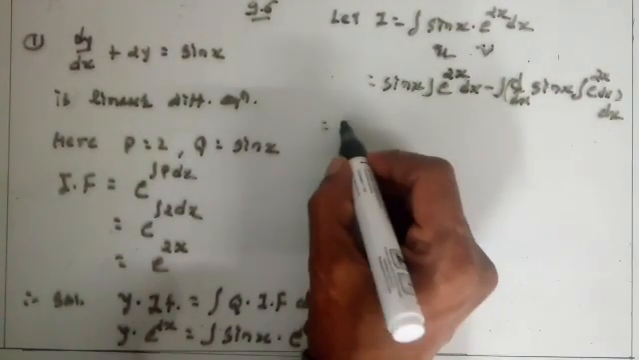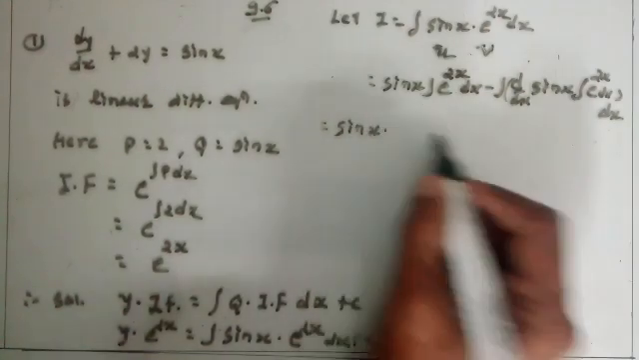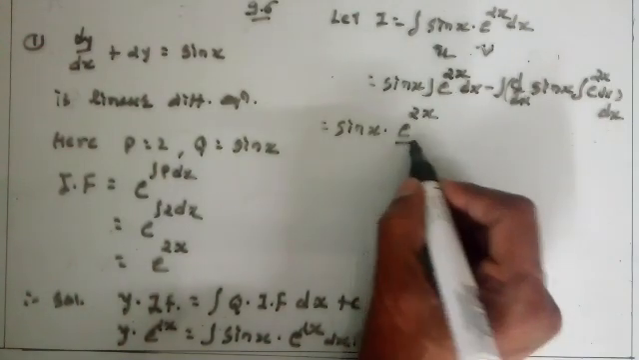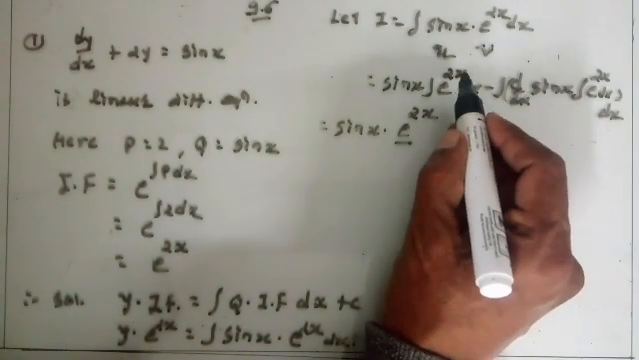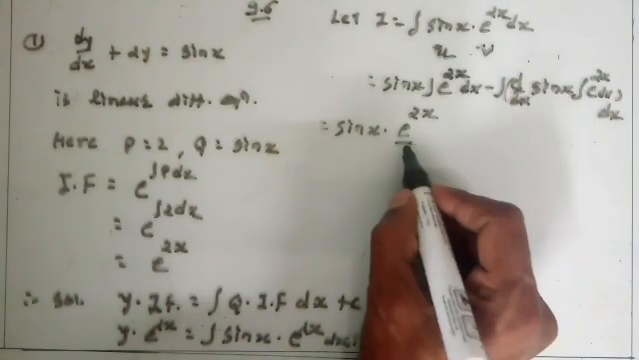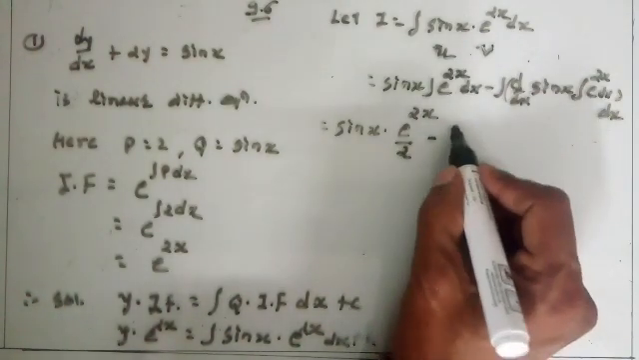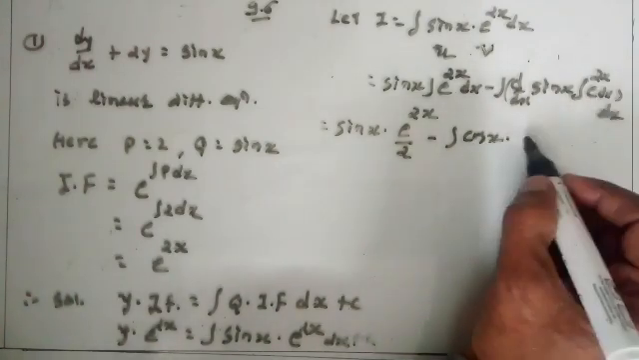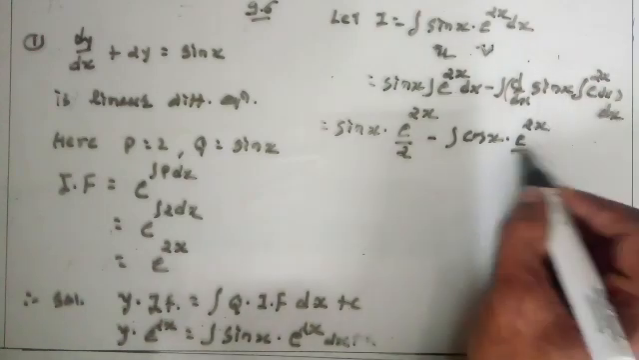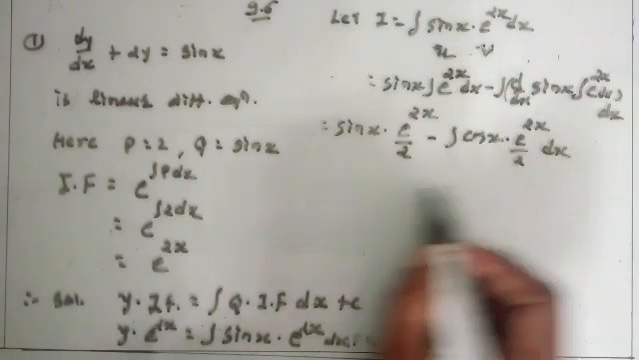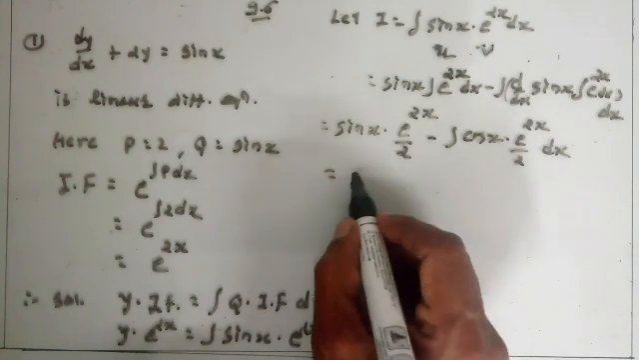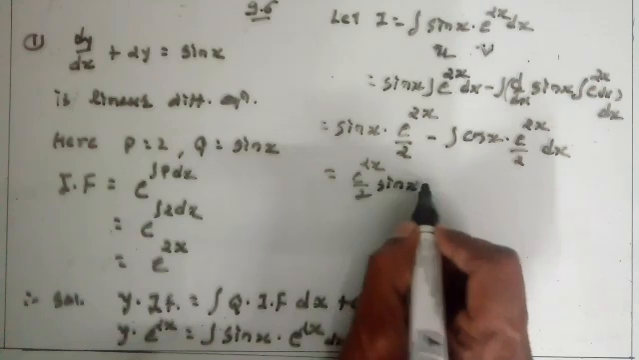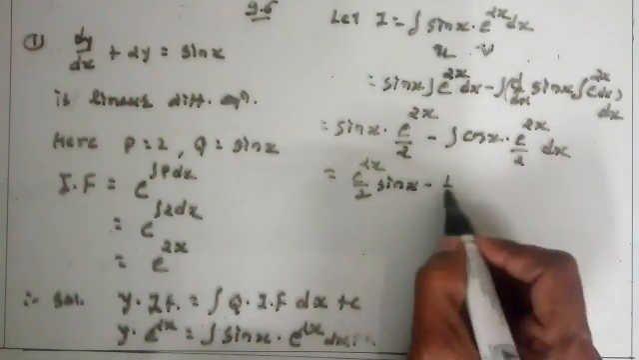So I is equal to sin x. Integration of e raised to 2x is equal to e raised to 2x upon 2, divide by the coefficient of x, 2, minus the integration of the derivative of sin x, which is cos x, times the integration of this, which is e raised to 2x upon 2, dx. So I is equal to e raised to 2x upon 2 sin x minus, apply second time here, 1 by 2